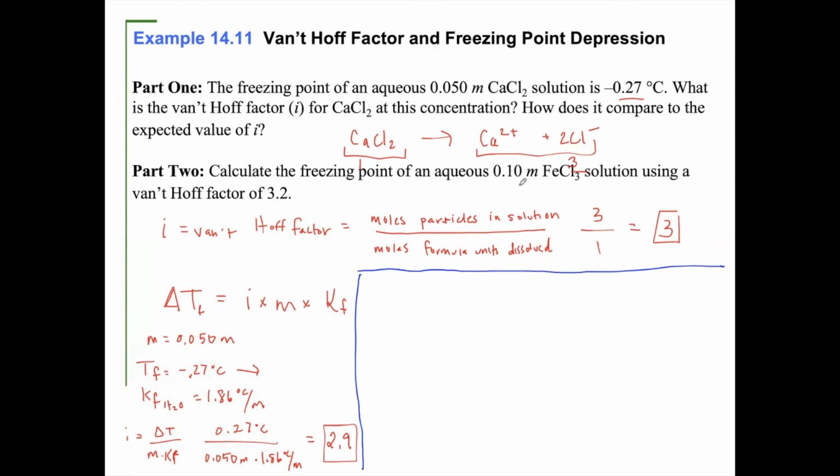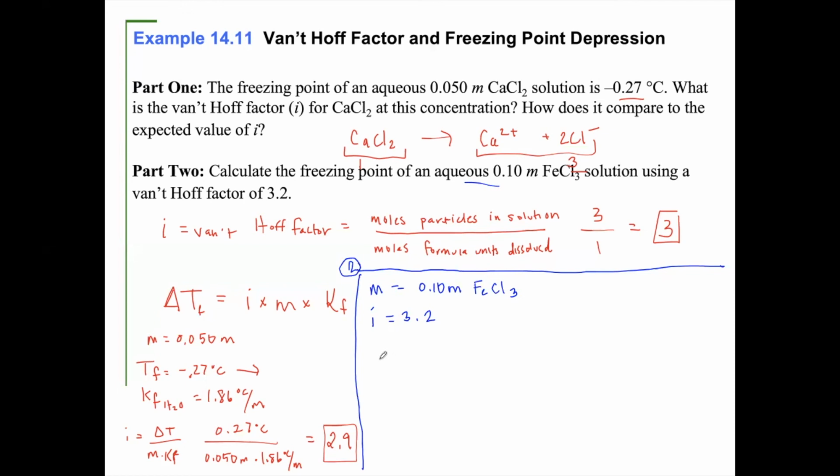Okay, find the freezing point of an aqueous solution. So the molality, this is part 2. The molality of this aqueous solution is 0.10 molar. The i is 3.2. And we need to calculate the freezing point. So it's a 2-step process. First, we need to find delta T and then subtract that from 0 to get our new